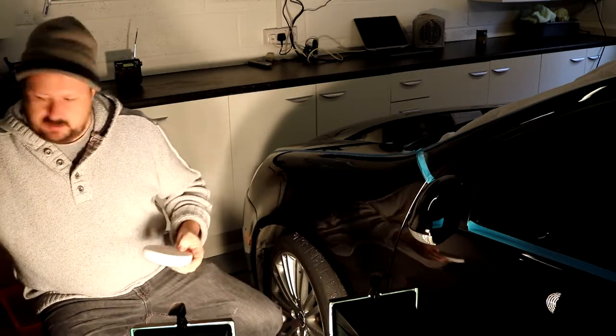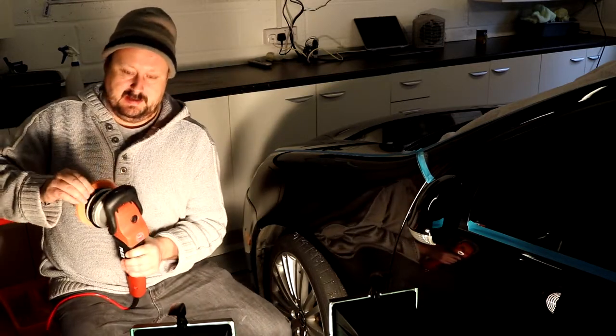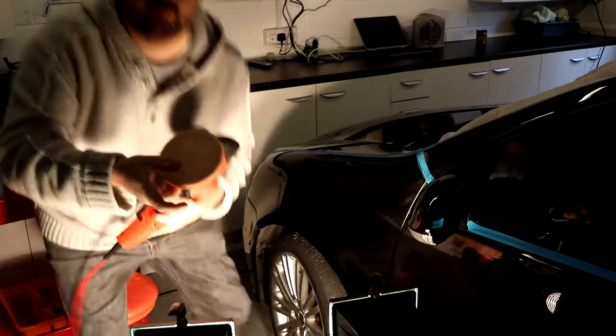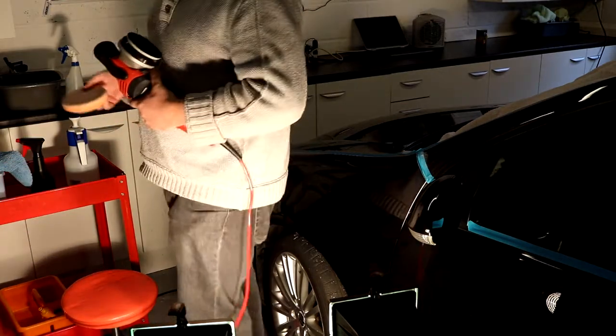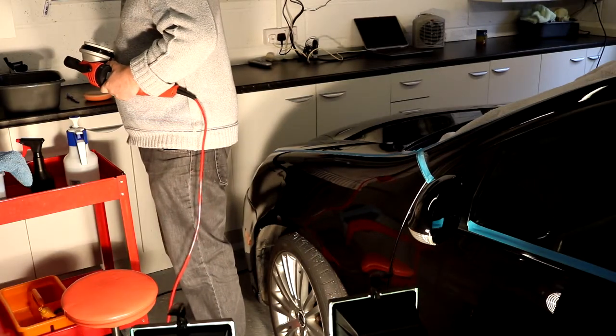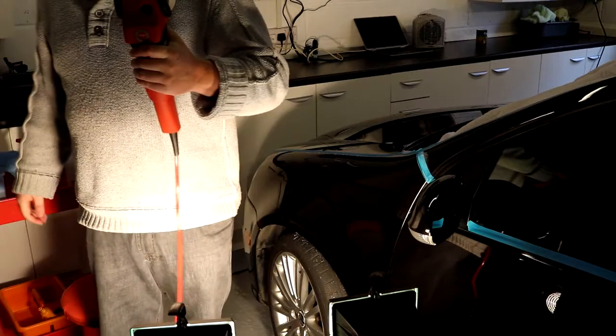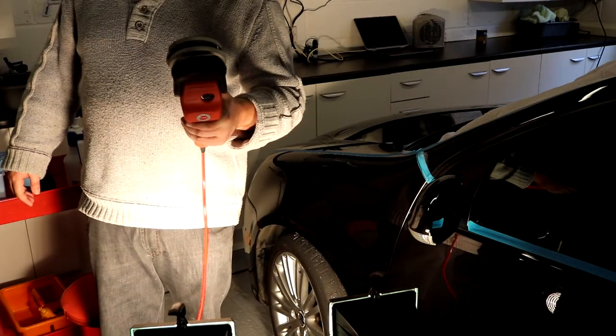So what we'll do is we'll take our cutting pad off. We don't want this pad to dry out. I've got to go back and compound the rest of the car, so I'm just going to put a little squirt of water on it, and I'll probably actually use another pad. Okay,